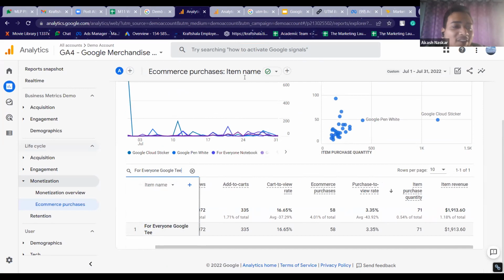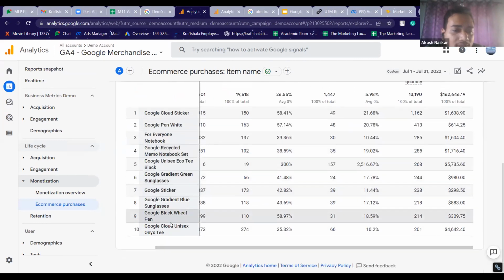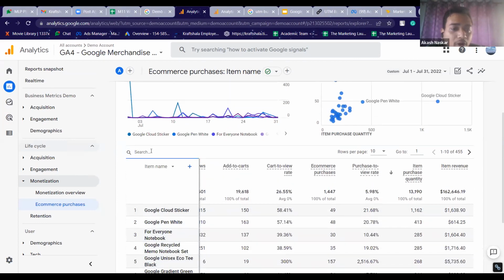This is something that I did not teach any of you on purpose, because this is a very simple functionality that you see here. You can search a specific name. You'll find it in other places as well. There are a lot of products here, right? And if I want to search any product, for example, I want to see all the pens, I search pen and I press enter.